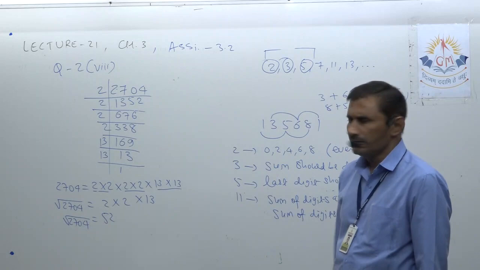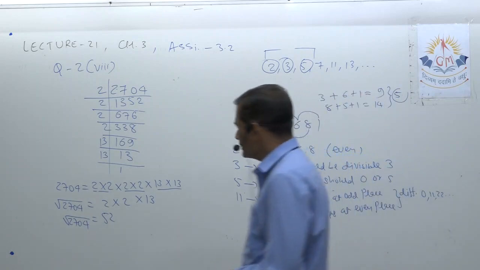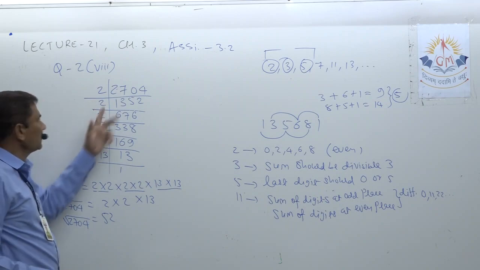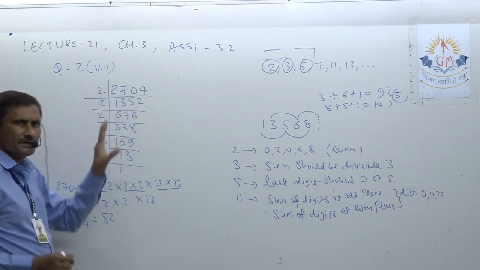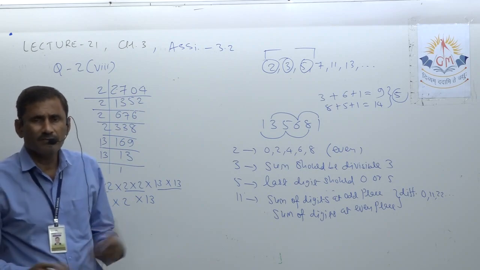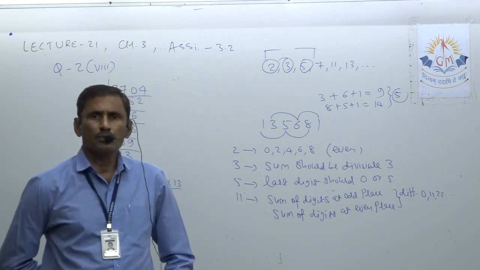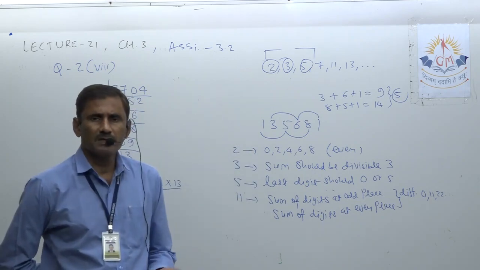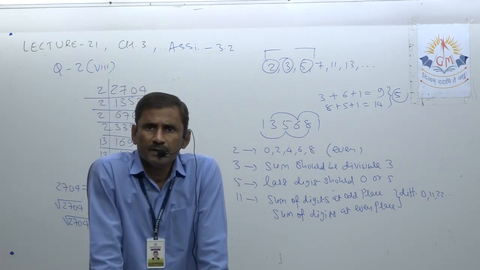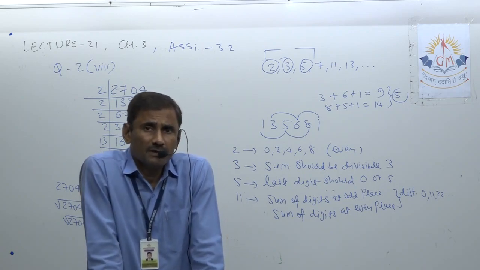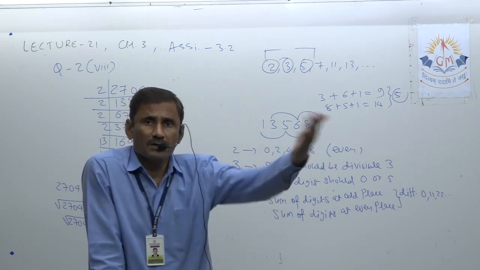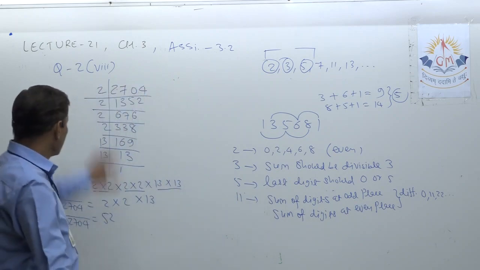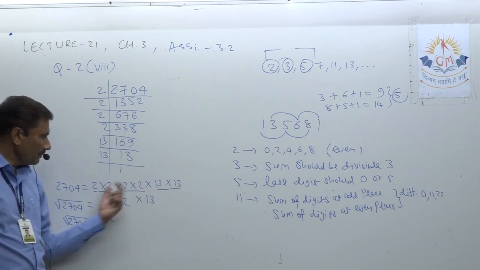Okay, so understand well. First of all, prime factorization means divide by primes only, so the divisor should be prime. Whenever it is an even number I will divide by 2, but whenever it is not possible by 2, meaning an odd number is there, I will check for 3. If not possible, then I will check for 5 also. Then go for 11, 13. Sometimes we have to go far ahead also. Understood?